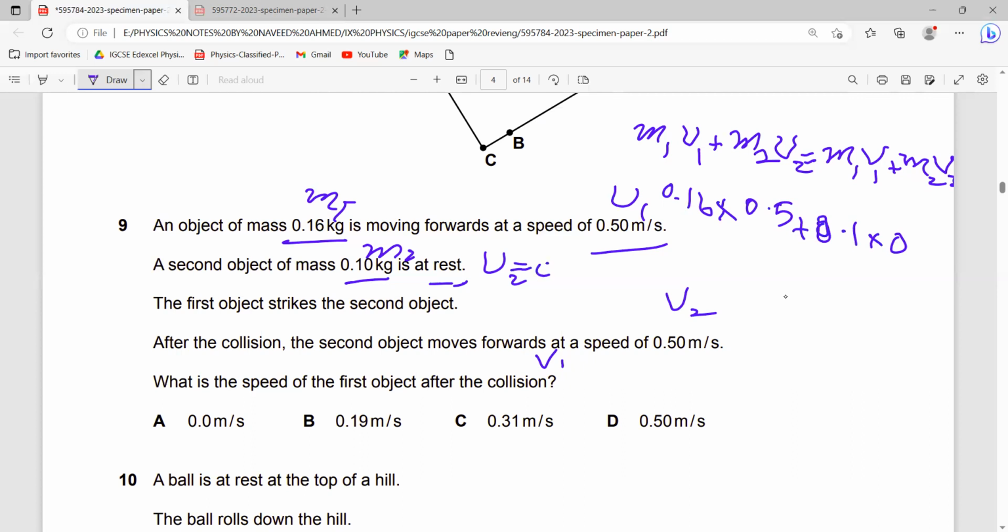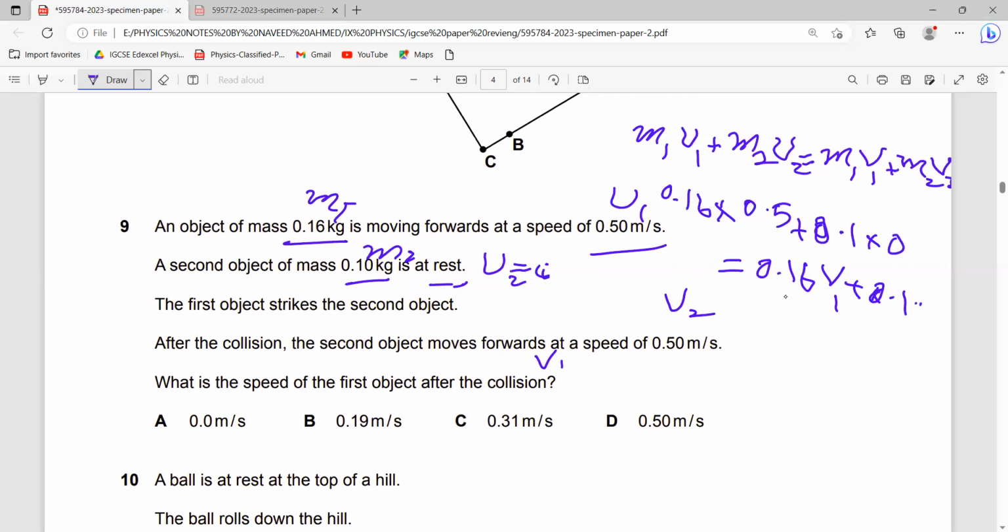U2 was 0. Now this will be equal to m1, which is again 0.16, and v1 is to be calculated, plus 0.1 times